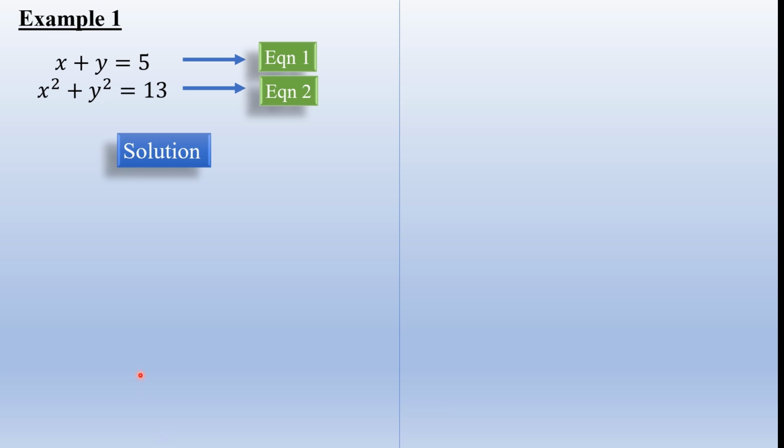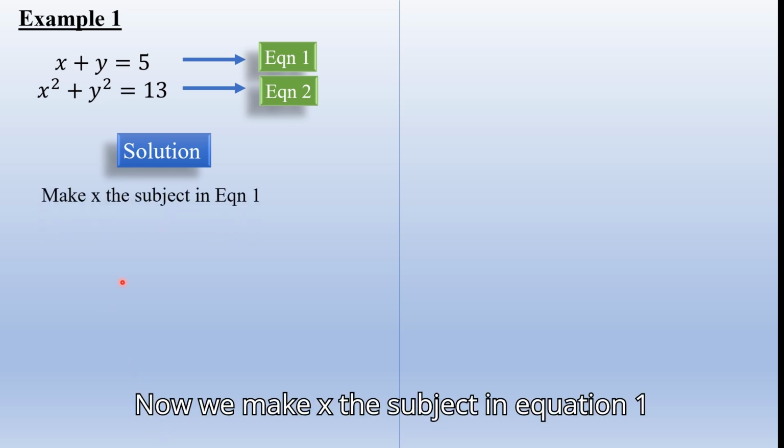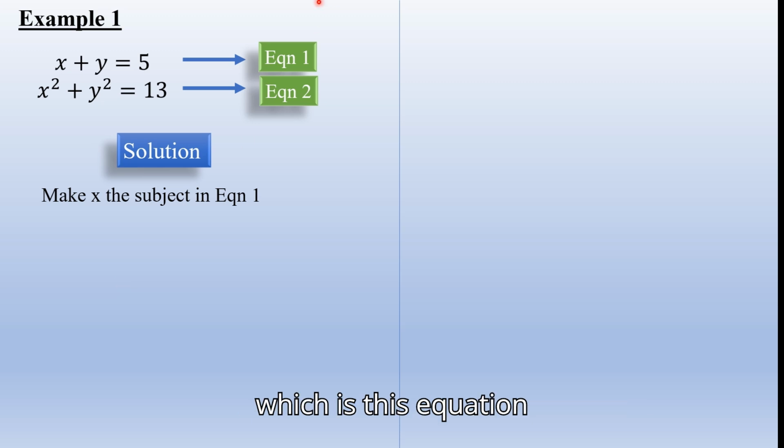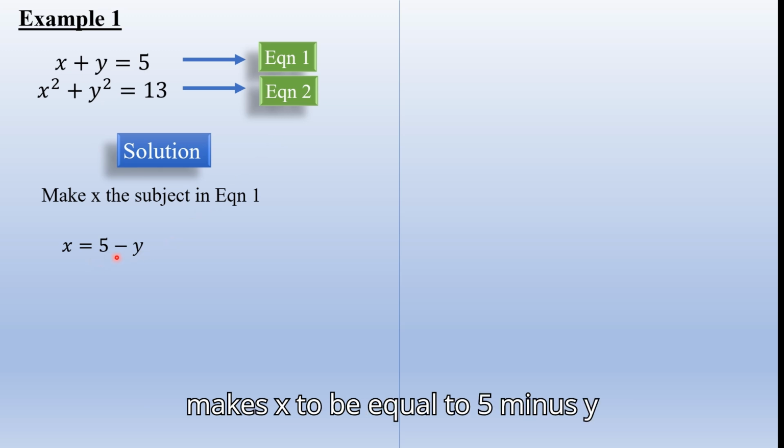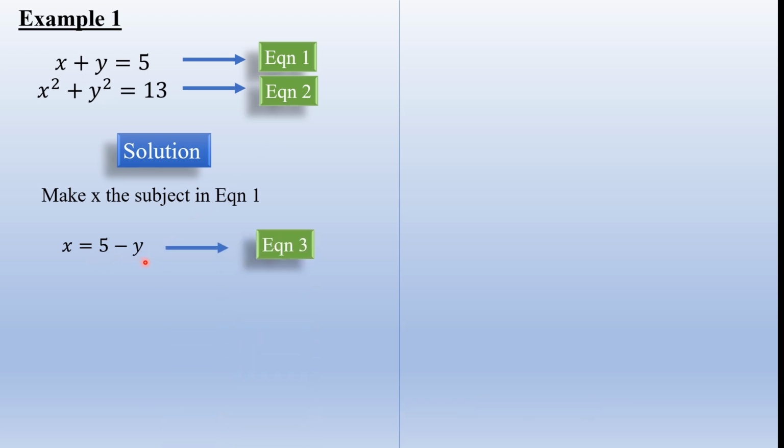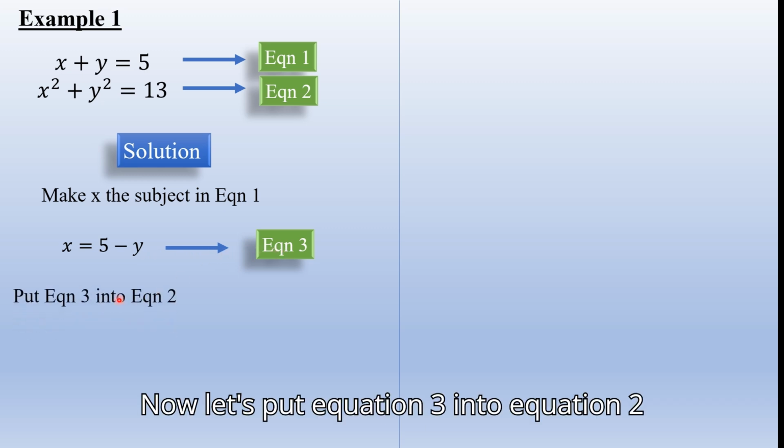Solution. Now we make x the subject in equation 1, which is this equation. And making x the subject in equation 1 makes x equal to 5 minus y. And that is equation 3. Now let's put equation 3 into equation 2,